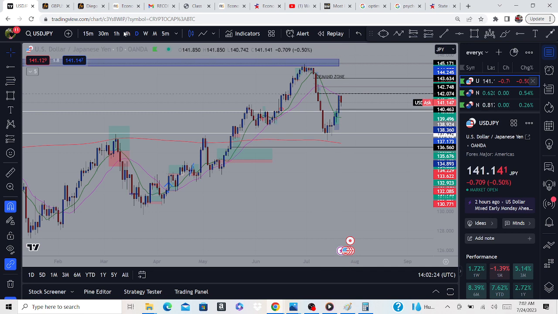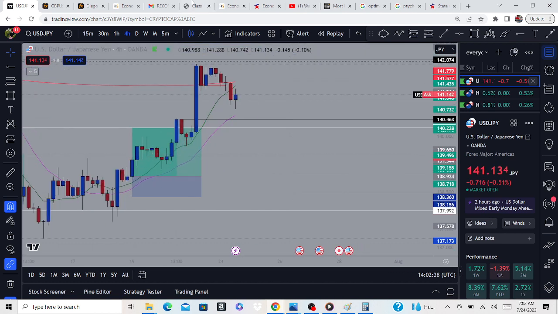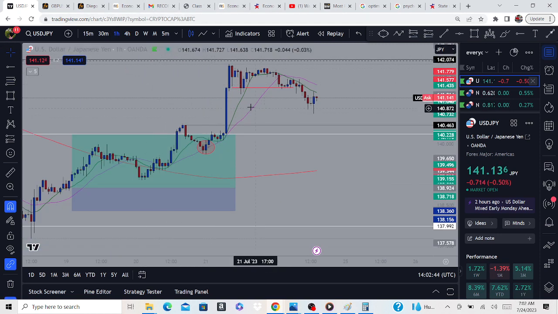If we jump to a lower time frame now, like a 4-hour time frame, we can see that we're at a supply zone on the 4-hour, and now we're getting this minor reaction. So I wanted to take an intraday trade, and to conclude that, we would say that we had some support right here, and essentially if that support was to be broken, like for example right here when it got broken and the candlestick closed under, we will essentially target this minor demand zone right here on the same 1-hour